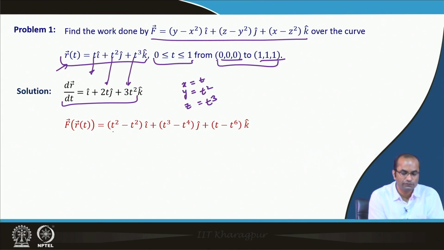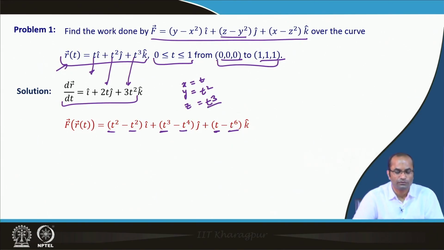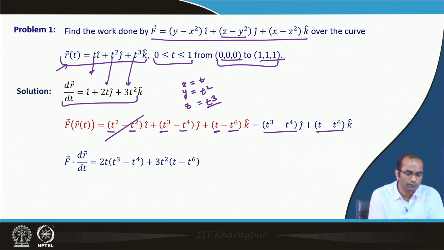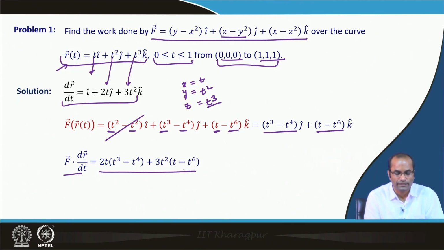So, we can substitute there: y minus x square is t square minus t square. Again here we have z minus y square. So, z is t cube and minus y square, that is t to the 4. And the third component we have x minus z square. So, x is t and minus z square, that is t power 6. So, here this cancels out and we have these two components, t cube minus t square and t minus t 6 for F, and when we take this dot product, the F dot dr by dt, we will get this